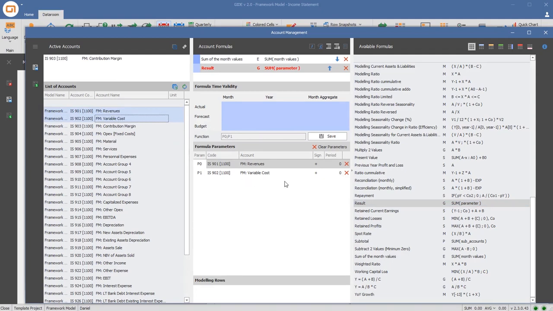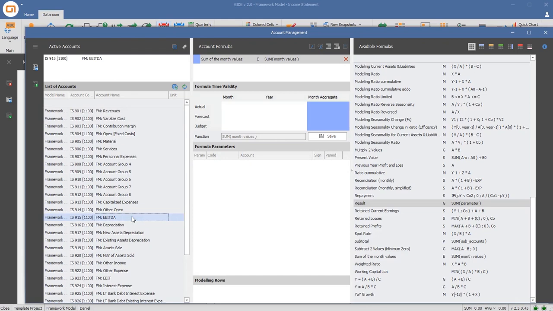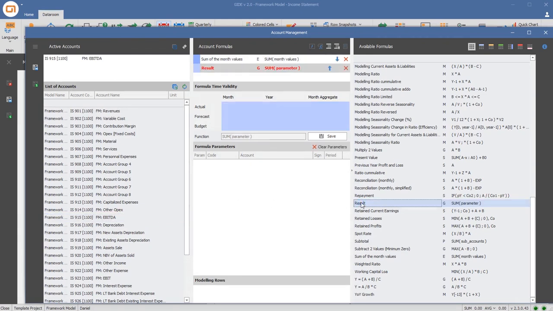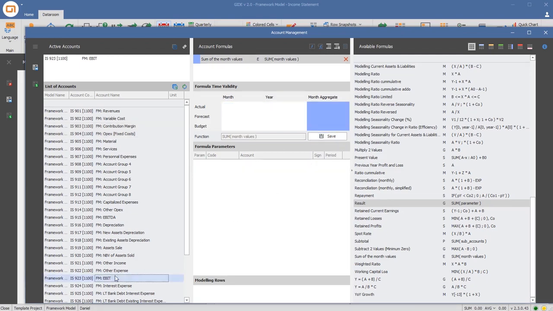In this case, we change the sign for variable costs to be subtracted in the equation. We now continue with EBITDA, results and contribution margin, and OPEX. We change the sign for OPEX to minus and press save. We do the same with relevant parameters for EBIT,